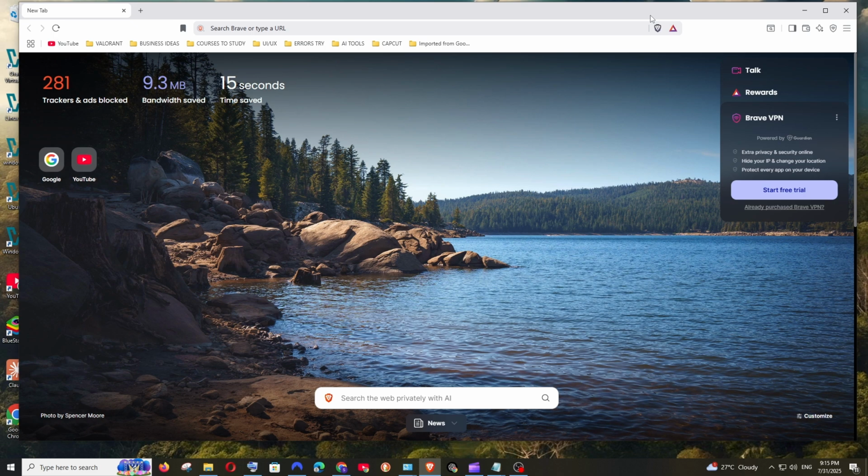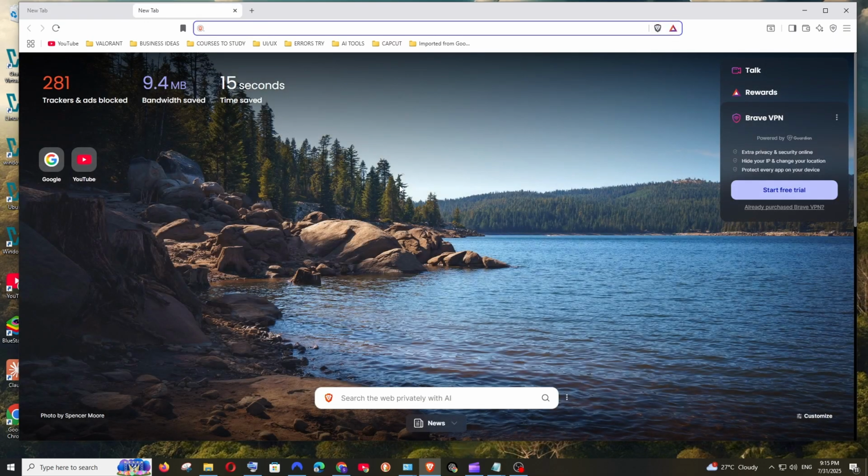Hey everyone, in this video I will be showing you how to change the background image in Brave browser. So by background image I am talking about changing this particular image that you see in new tab. So for this, just come to the home interface of Brave browser, and here we will be having the customize